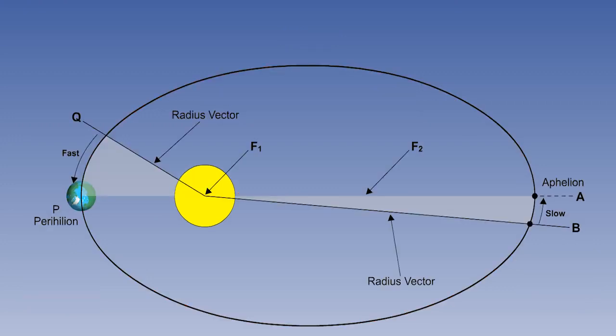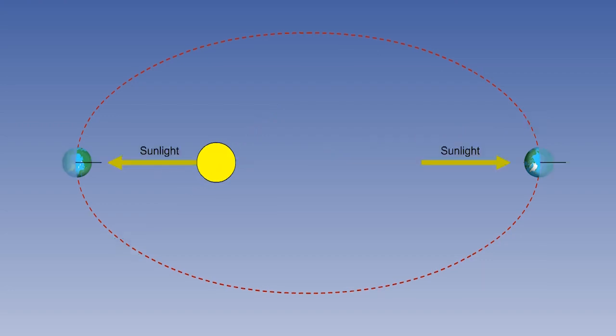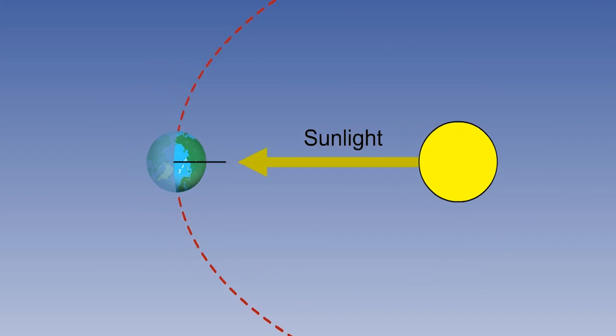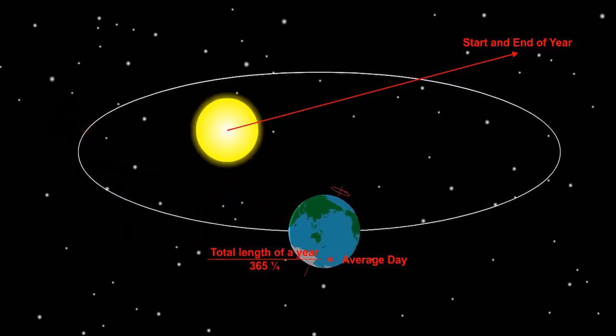Kepler's second law is that the line joining the planet to the Sun, known as the radius vector, sweeps out equal areas in equal time. Kepler's second law means that the length of an apparent solar day can vary between 23 3/4 hours to 24 1/4 hours over the year. A sidereal day would give us a constant length, but would not be related to day and night. The solution is the civil day, or mean solar day.